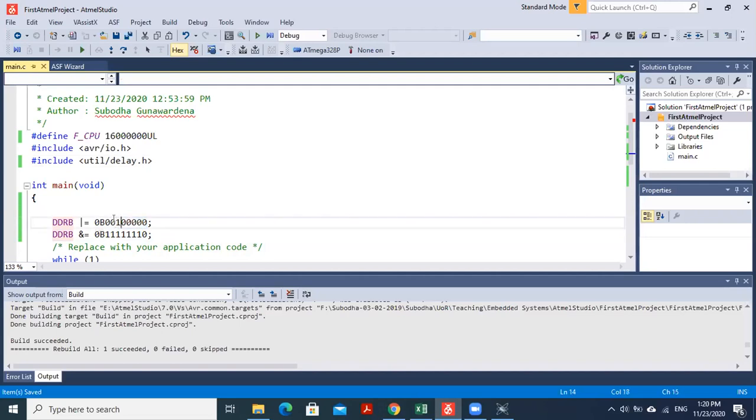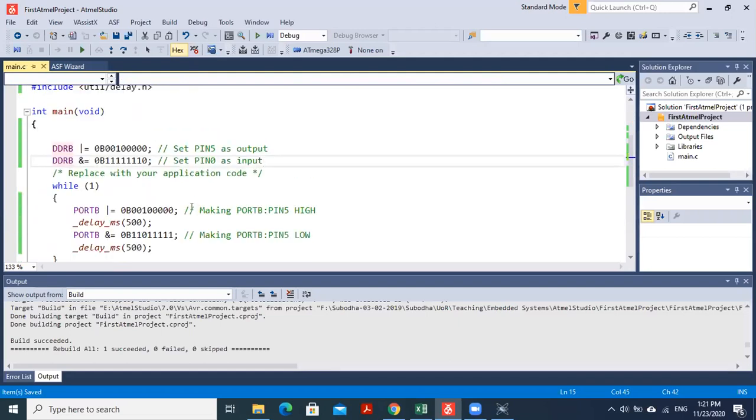Pin 5 is becoming 1, the rest of the pins will not change, and pin 0 will become 0. I can say, set pin 5 as output, and in this case, set pin 0 as input.